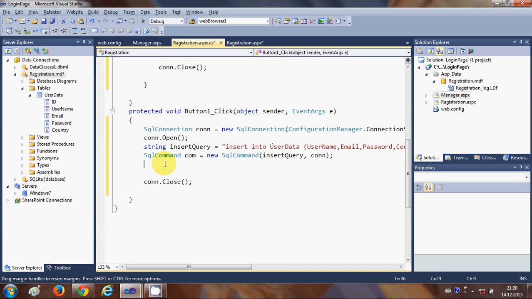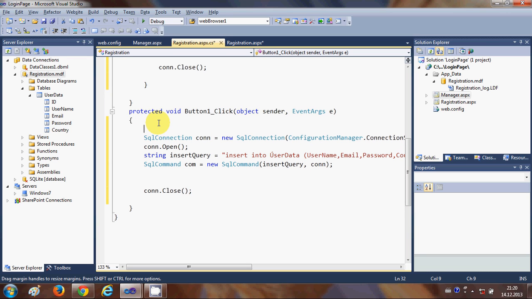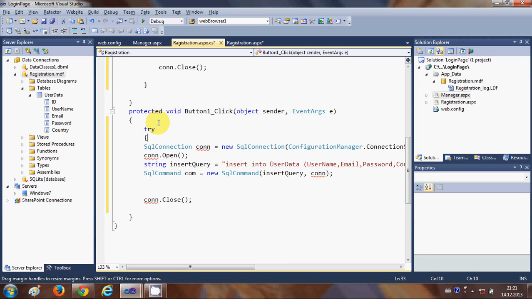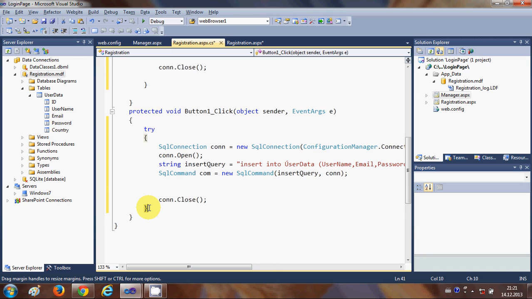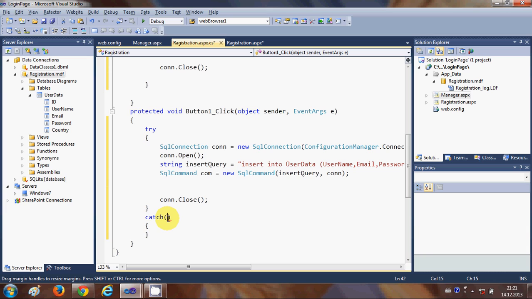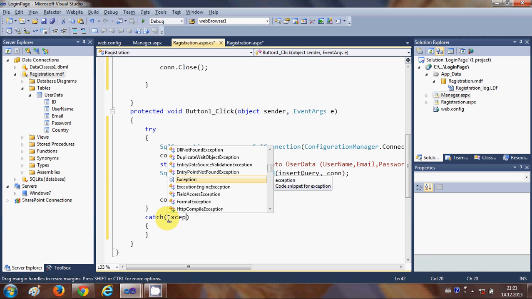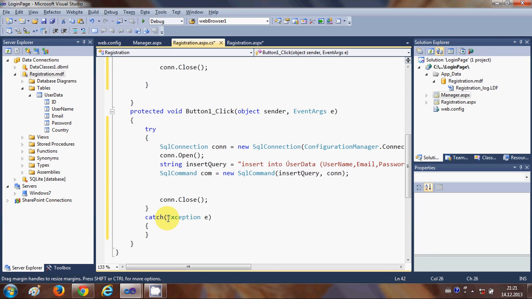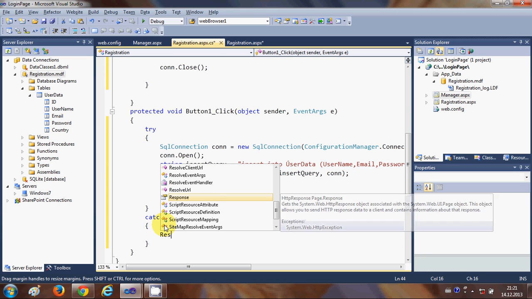So now it's not showing any error, and after this, or I should have done it earlier, we need to catch the error or exception if any occurs. So we will write try, and we will enclose all the code in try and catch the exception. So if any exception occurs, it should catch it. Catch, and in the catch pass the argument exception ex,